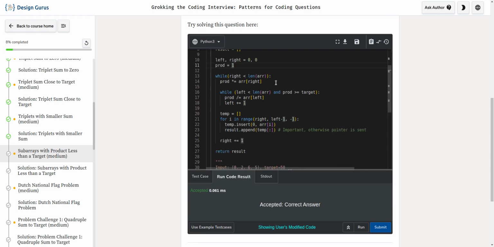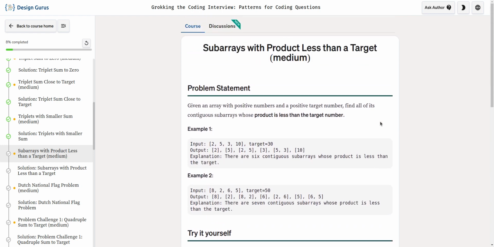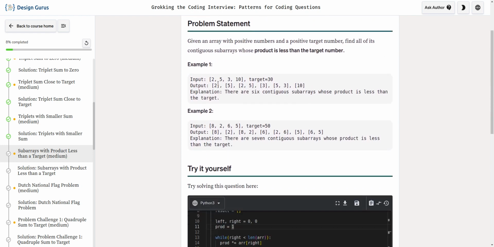So we really don't care about the left pointer here because, for example, in an edge case where the left pointer does not even move from here and the right pointer reaches all the way till 10 and maybe even passes 10 and goes above, for example, if the target here was, let's say, 10,000,